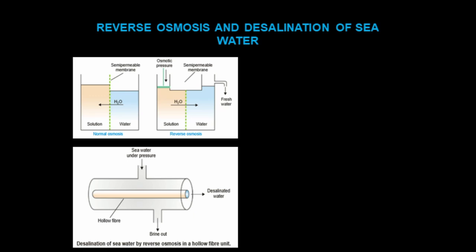Through the reverse osmosis method alone, we can desalinate seawater into potable water. That is, the desalination of seawater is an application of reverse osmosis. The osmosis forms the basis of this method. The seawater is allowed to pass into this hollow tube with a semi-permeable membrane inside it. The semi-permeable membrane is a hollow fiber. Here we are passing the seawater under pressure. That pressure should be higher than the osmotic pressure. When the water flows into it,